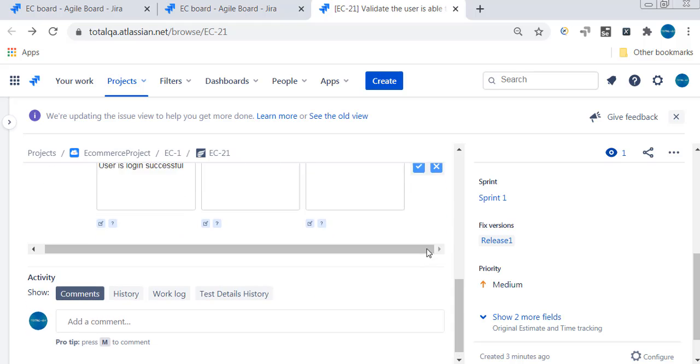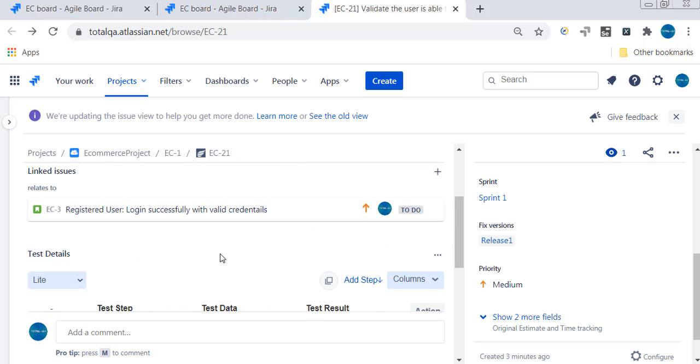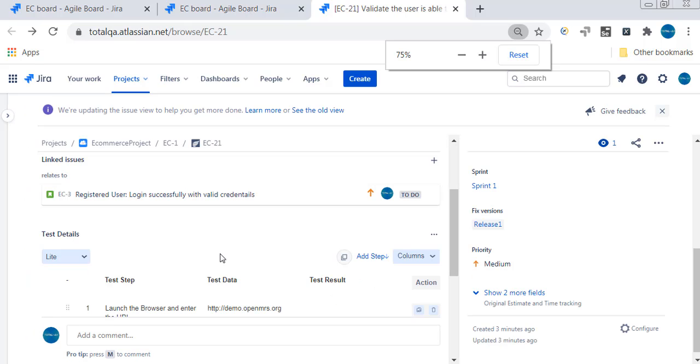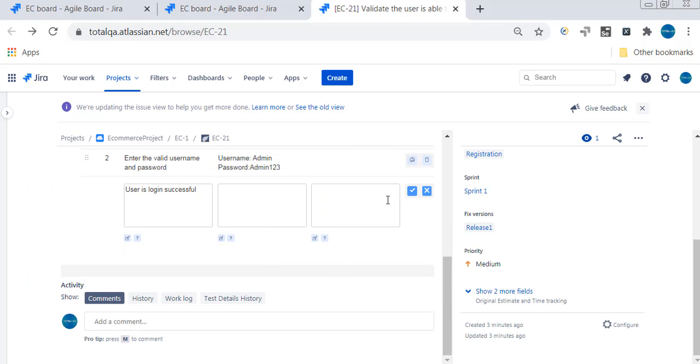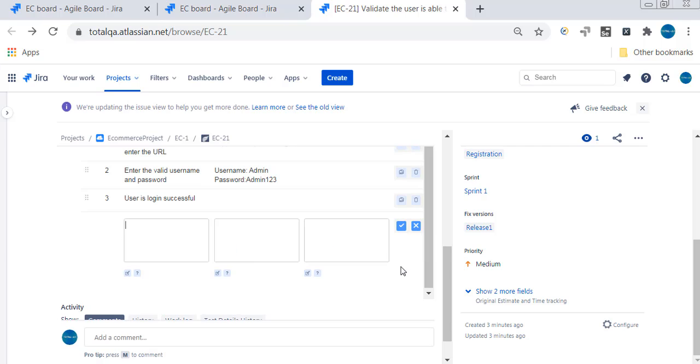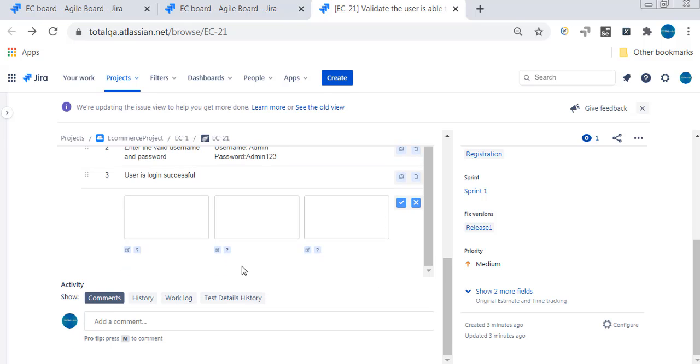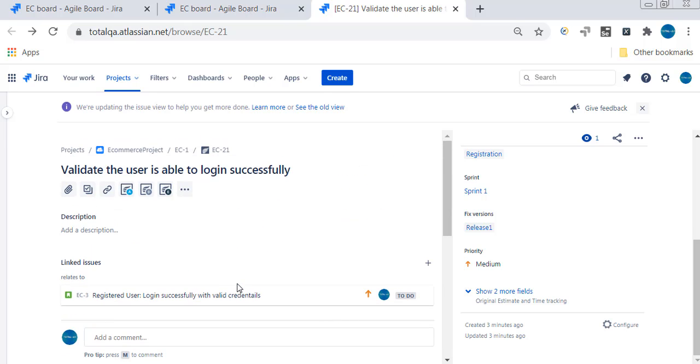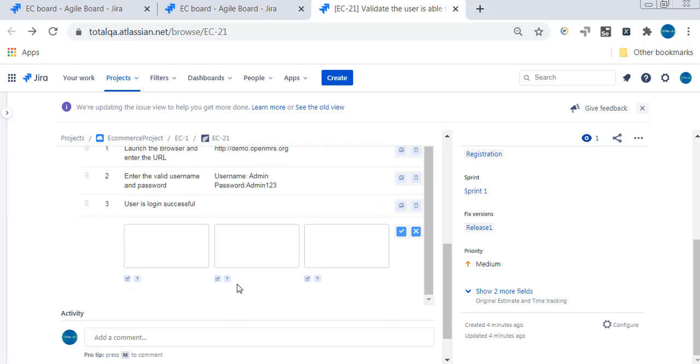I think it's not required. Just click here somewhere. That's it. It will be saved automatically. Okay, just delete that last step. Once you add, that's it. You just delete that. Okay, so you're done. So this is how you can keep on adding steps to test cases, because steps are very important. Okay, that's it.